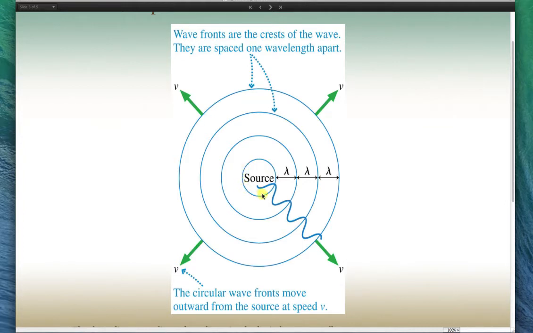So in the same sense, we're going to look at a mathematical function for these waves. We don't quite know what that is yet, but there's some kind of a phase of the wave. And all the points on a wavefront have the same phase. In this case, these wavefronts represent maximum displacements. The next wavefront also represents maximum displacements, but that would be a slightly different phase than this wavefront